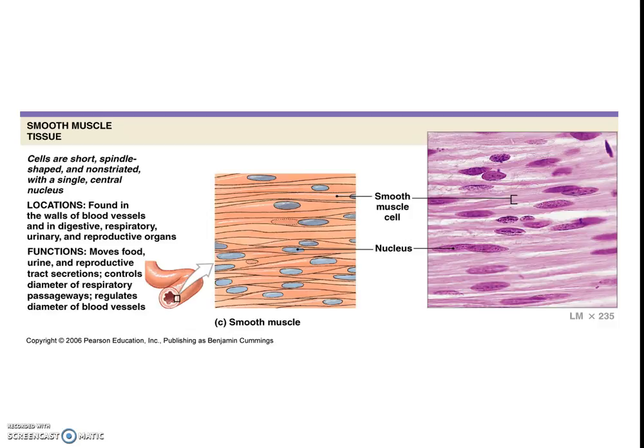And so what they're doing, they're usually moving some sort of structure from one part of an organ through an organ somewhere else. So for instance, in our digestive system, we go through a process called peristalsis, where we're squeezing the food through our alimentary canal or our whole digestive tract. Another real important thing that we talk a lot about is the fact that we can control the diameter of different structures, such as our blood vessels, by either relaxing